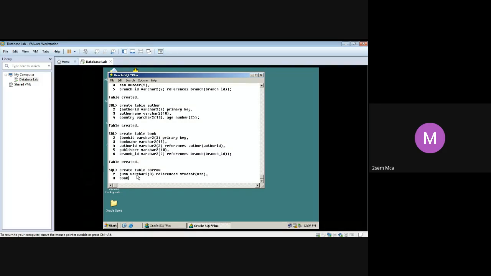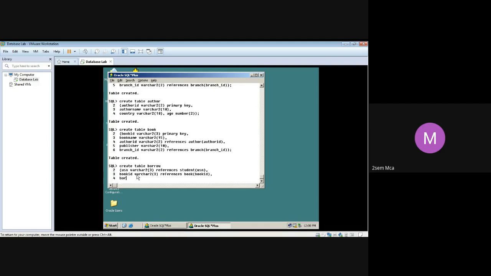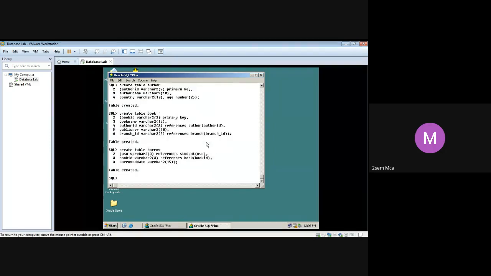Next is book ID, varchar2 of the same size and same data type. References book, we are referring to the book table, book of book ID. Comma. Next I will give borrowed date. I will take date as varchar2 for now, as I told you, varchar2 of 15.